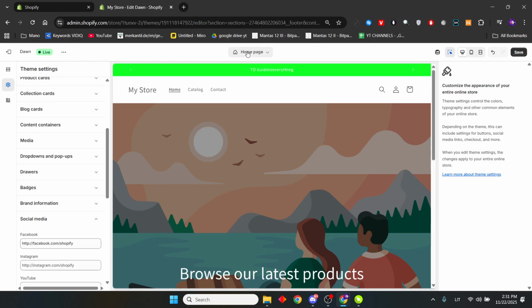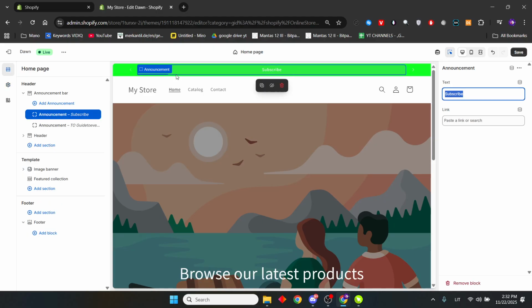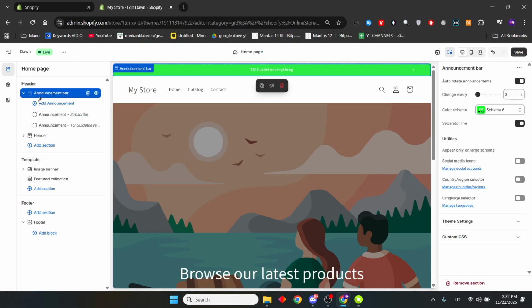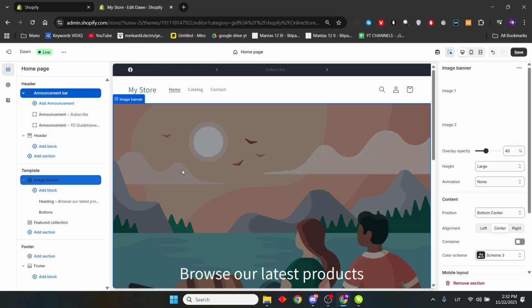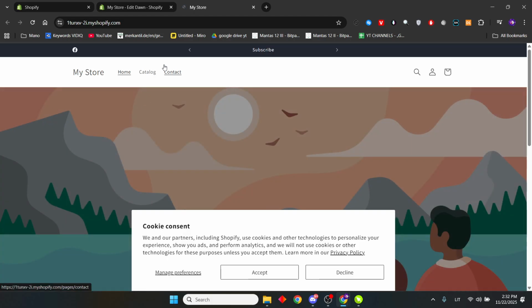to do is basically go to your home page like this, select on your footer, announcement bar, and what you'll need to do is select the announcement bar right here, and you'll see that you can add social media icons. And now my color is a little bit too bright, but you can see my social media icon right here. So before you exit, save this page and you'll have this beautiful looking social media icon, as you can see